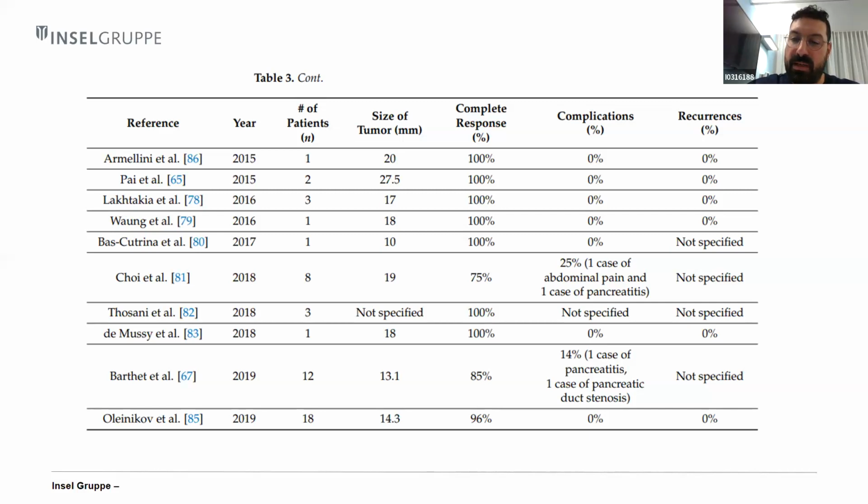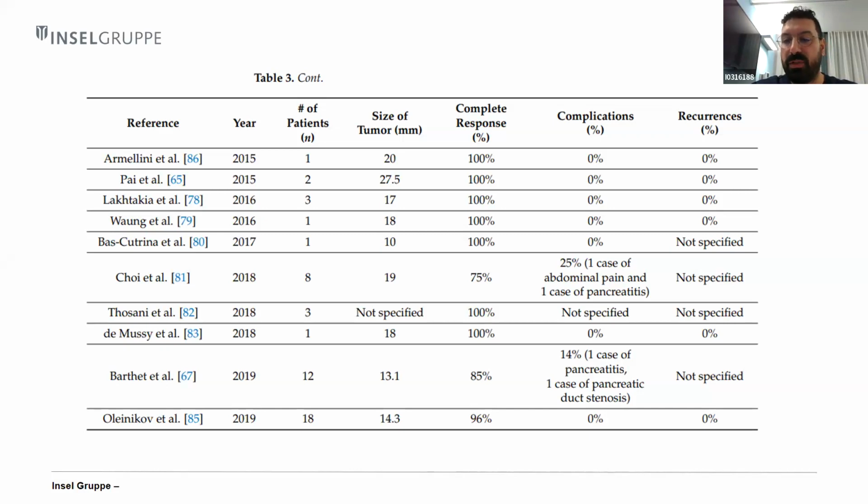And in the neuroendocrine arm, 12 patients had a total of 14 non-functional PANNET with a mean size of 13.4 millimeters. And the EUS RFA of these 14 neuroendocrine tumors resulted in 12 with a complete response at 12 months follow-up,